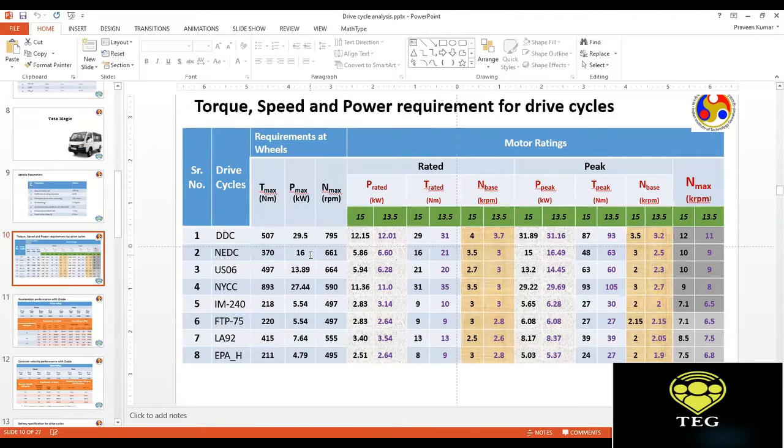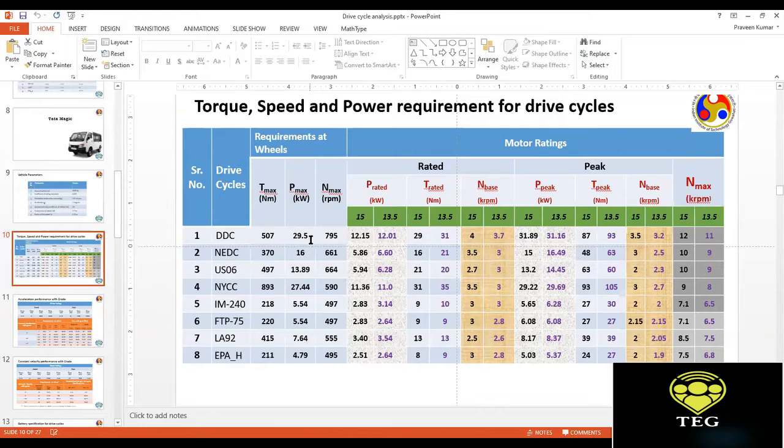If I compare the European and the Delhi scenario, you see in Europe you would need a maximum power of 16 kilowatt, and in Delhi you need a maximum power of 30 kilowatt. So there is a big difference. And now this is again the point which we have to ponder, which we discussed in the last session as well, that due to bad driving practices, it happens that we sometimes need the performance rating of the prime mover to be much higher.